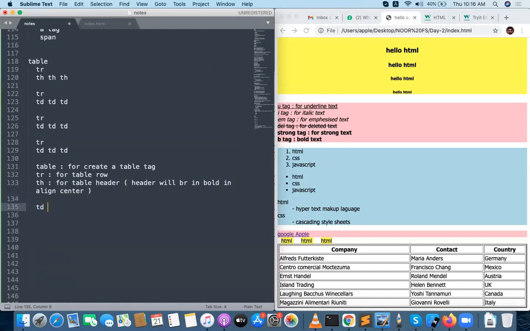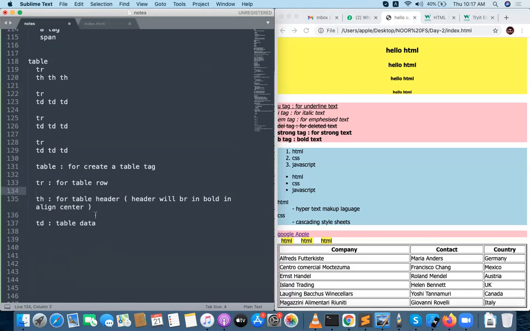And again td is table data, nothing but table column. So these are the important tags which are going to be available for the tables. This is the architecture of the table.